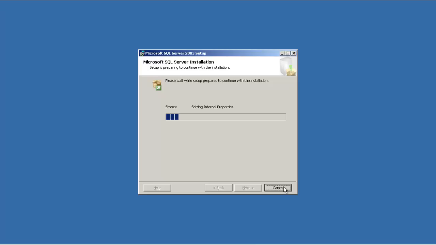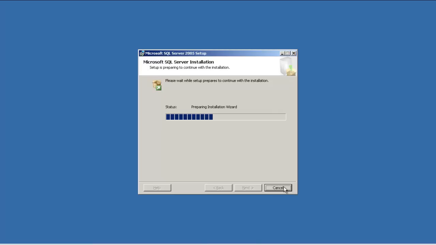Again it's trying to detect the install of Internet Information Server, searching for the installed components, validating additions and system requirements, restoring existing product ID, computing space requirement, setting internal properties, computing space requirement again, install services. Okay, now it's preparing the installation wizard.